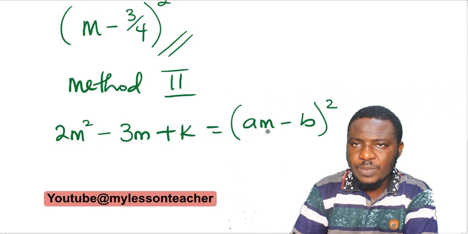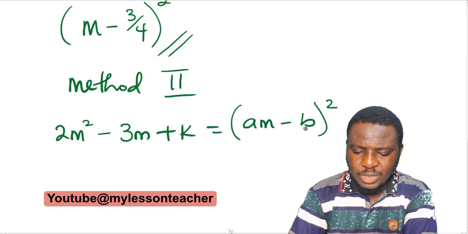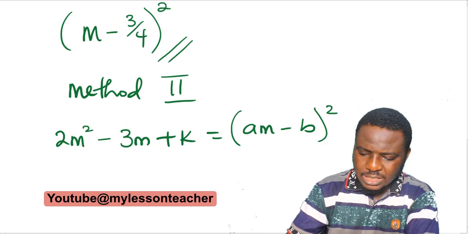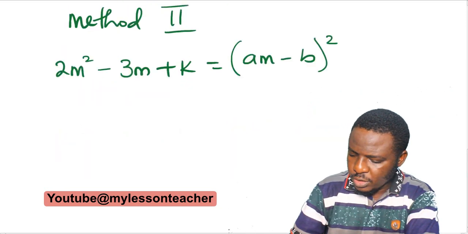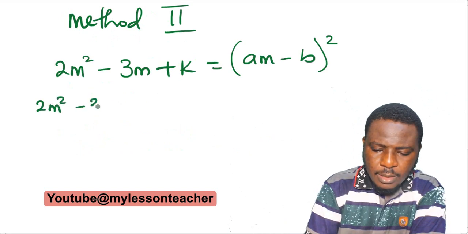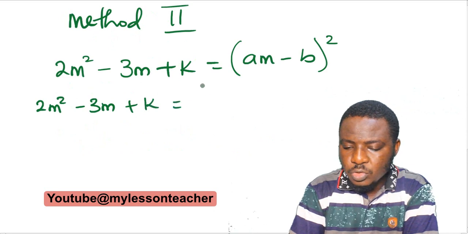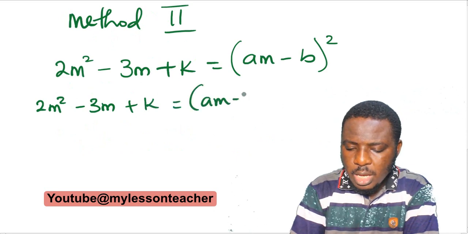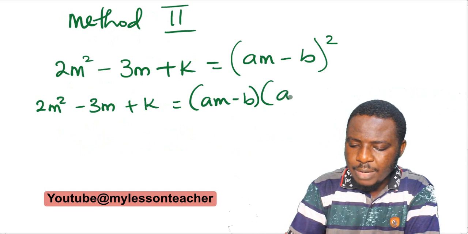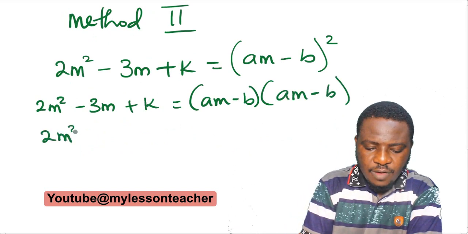So there should also be a constant in the factor. Then minus b, which is the second term. So let's expand. This is going to give us 2m squared minus 3m plus k to be equal to am minus b times am minus b. So when you simplify further,